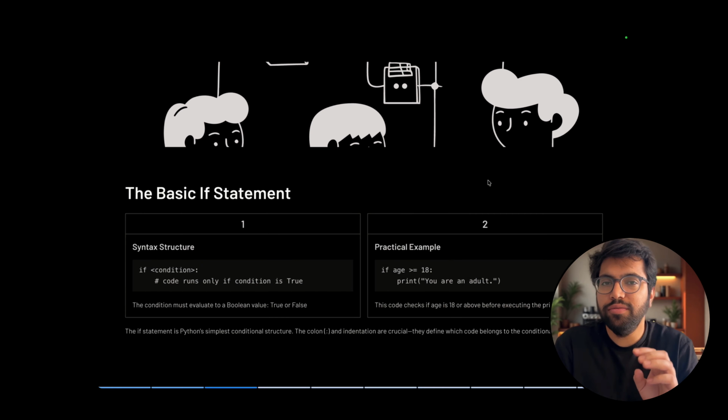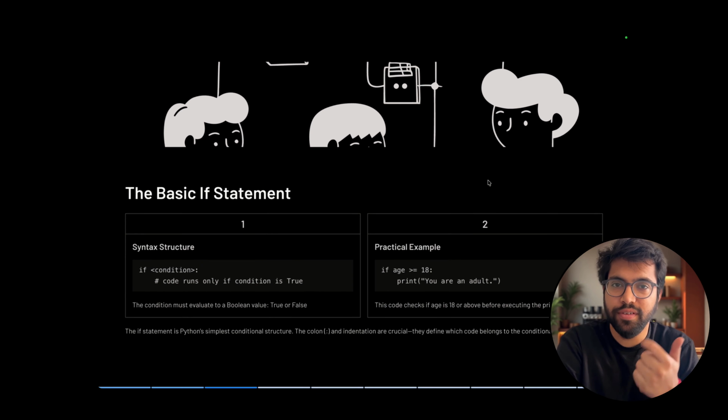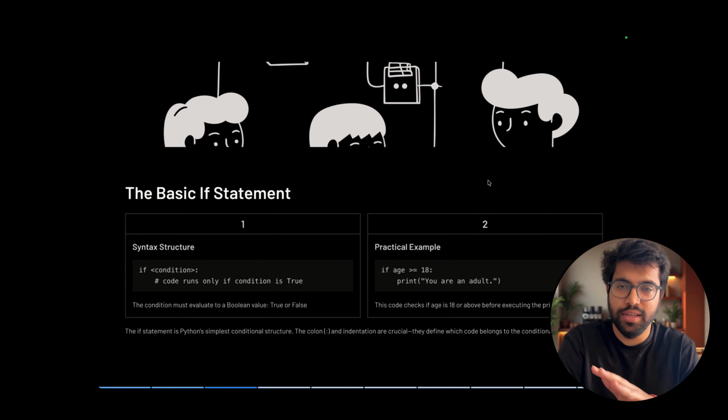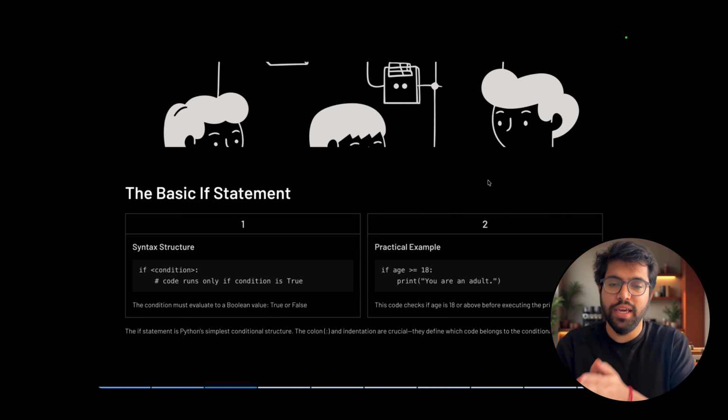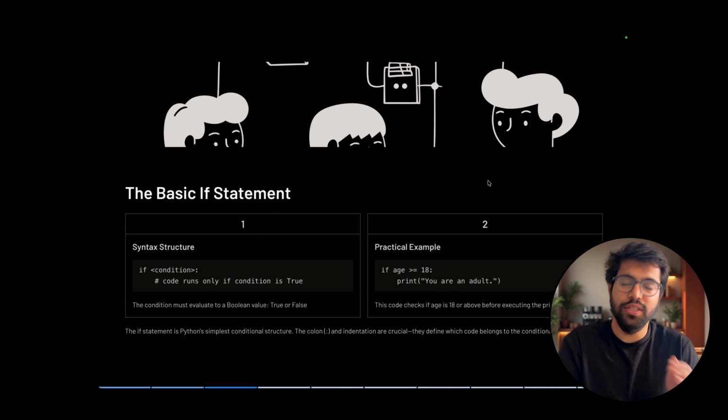The real world logic is whether it's raining, so I should take an umbrella. You'll not take an umbrella on a windy day, right? So this is an if condition. We have basically three things: if, else, and else if. That's it. So if we say if age is greater than 18, you're an adult.